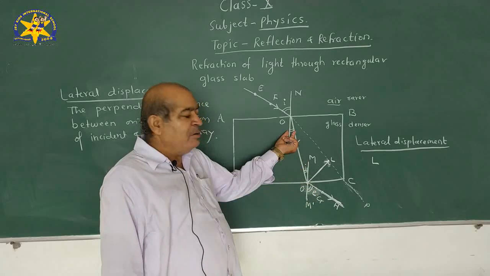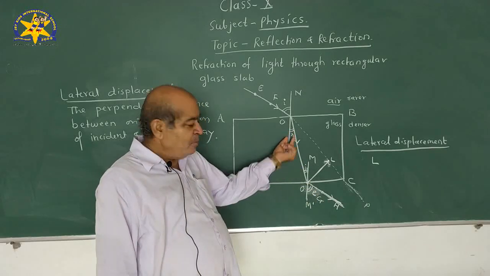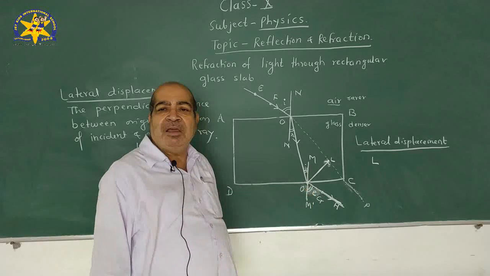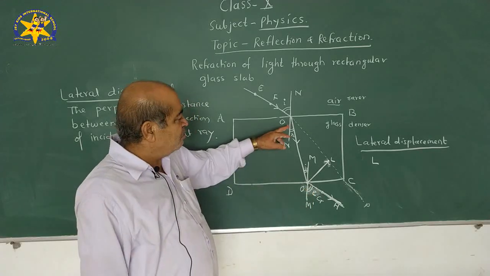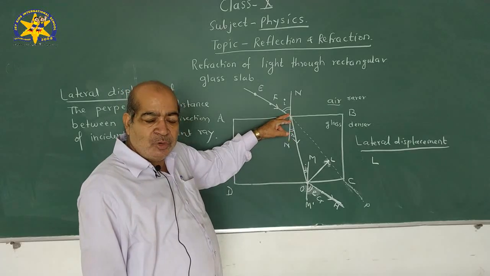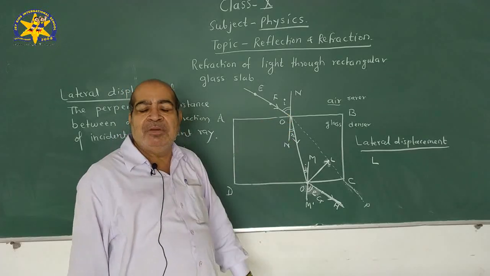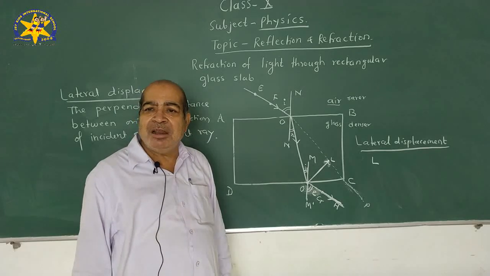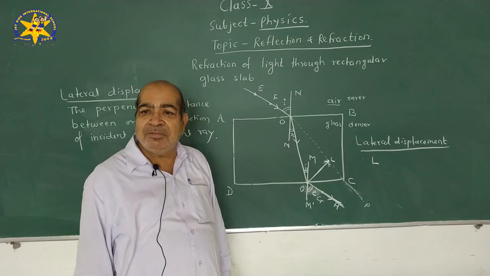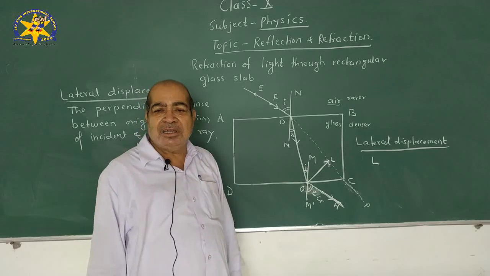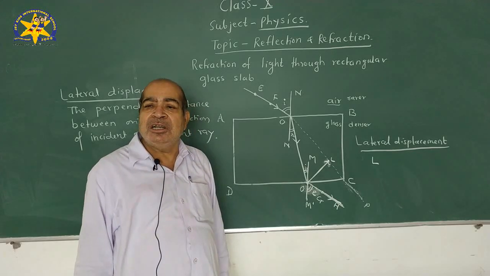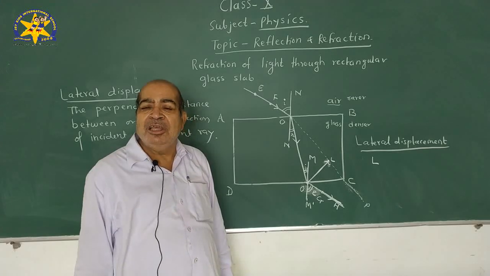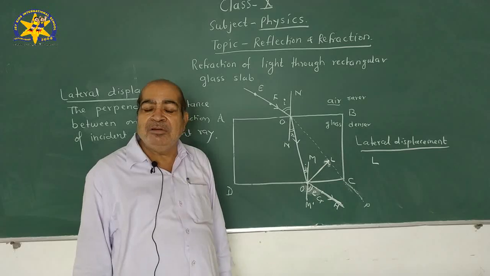Here, if it bends by 40 degrees, it again bends away from the normal by 40 degrees, which means the amount of bending in the two cases is the same. That's why the emergent ray is always parallel to the direction of the incident ray. Do you understand this? Why is the emergent ray always parallel to the incident ray in the case of the rectangular glass slab?